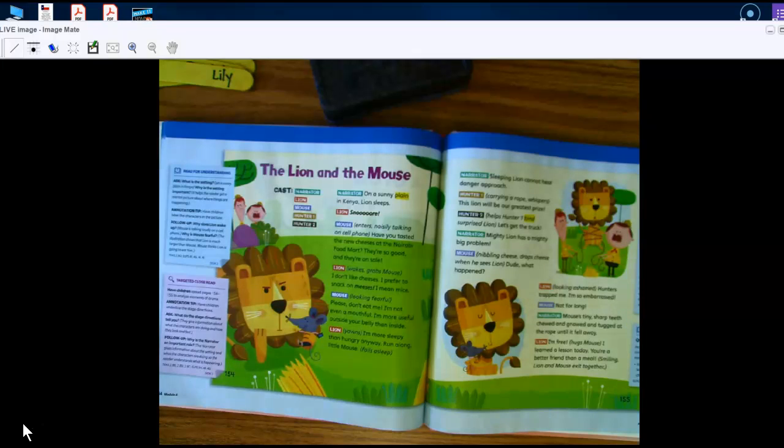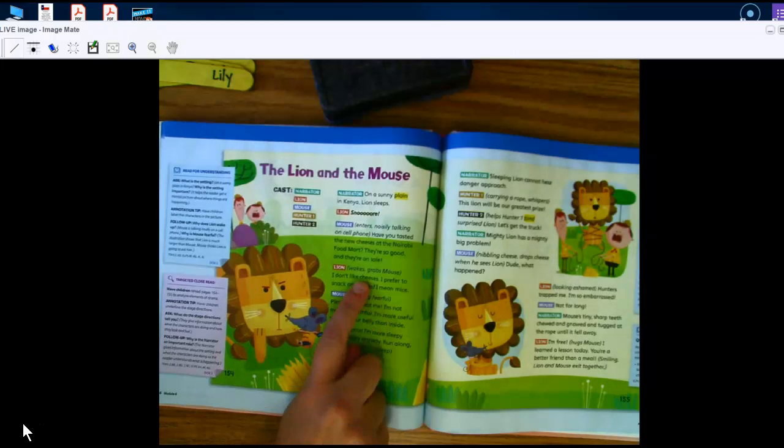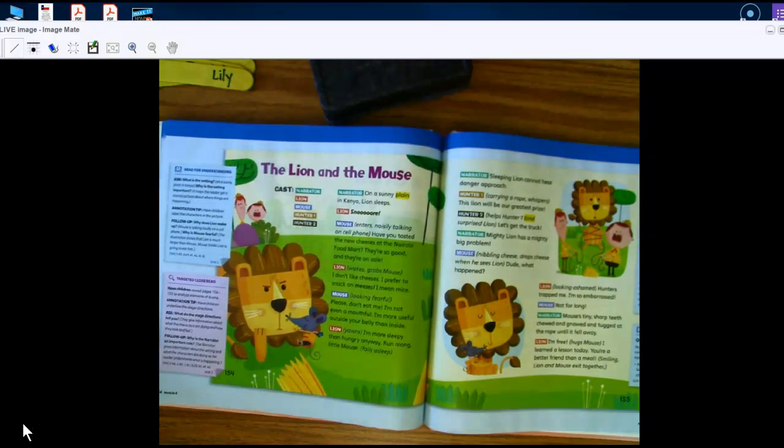Okay, so you should have been envisioning this in your head as it's going on, thinking about how he grabs the mouse. I like how they use those words, looking fearful, wakes, grabs mouse, yawns, falls asleep. So you should be able to see the characters doing that. If we were to get up here and act it out, you would see Xavier yawning when it says Lion yawns. You would see Emsley looking like she was afraid when she said, please don't eat me. You would see the mouse dropping the cheese and the lion looking ashamed. You would see all those things when they were acting it out.